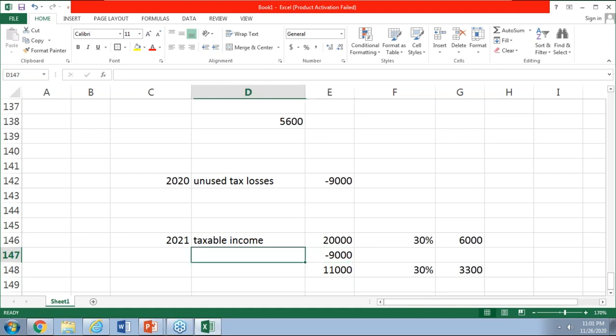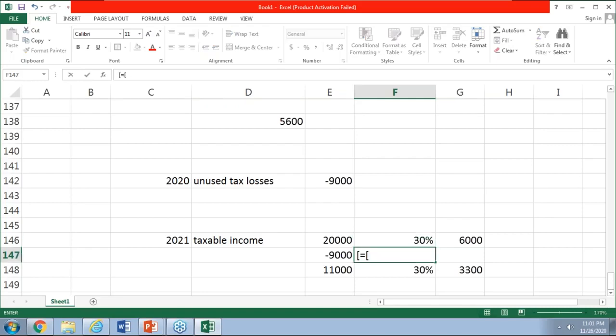So that is why accounting says that you have to book a deferred tax asset on this particular amount. The deferred tax will be based on how we calculate the deferred tax asset. We have got an unused tax loss of 9,000, so we book the deferred tax asset of